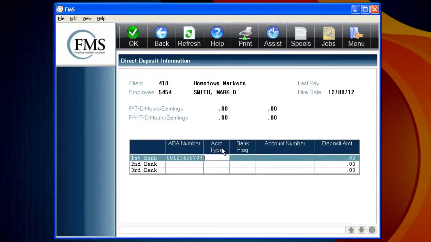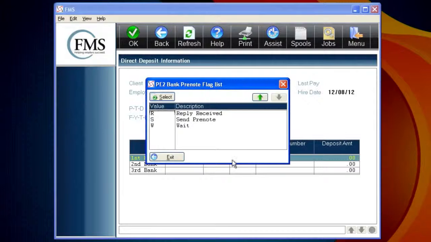Then under the account type, it's either a C for checking or S for savings. The bank flag, when you set someone up originally, you always set the bank flag up as S for send notification. You can go ahead and press the F4 in these fields, and it will tell you the choices. So if we look here, in this example, I'm using S for send notification, which means when the payroll is processed, a pre-note file will be created and sent to the bank to ensure that the ABA and account numbers